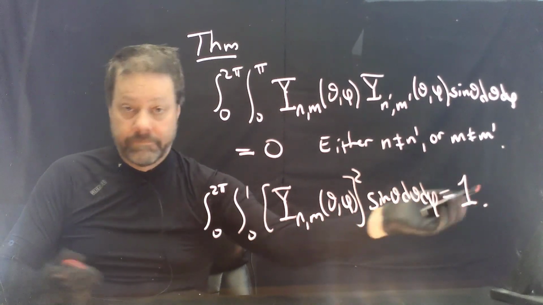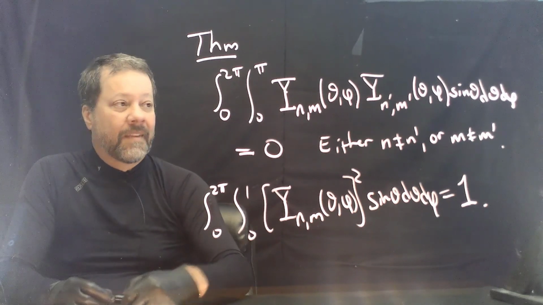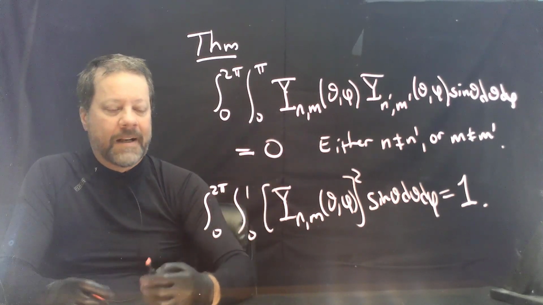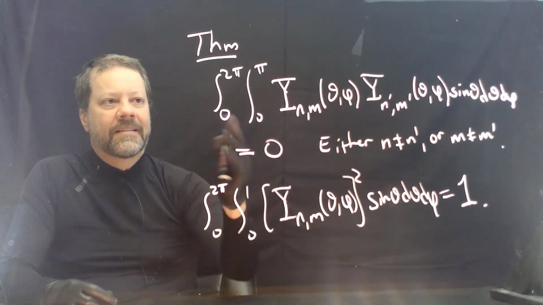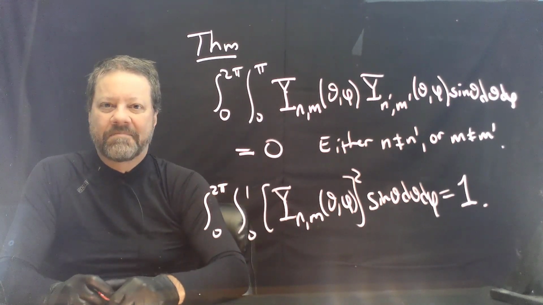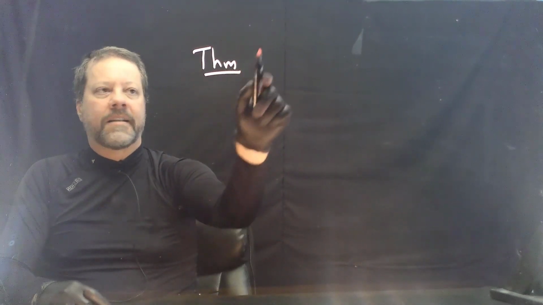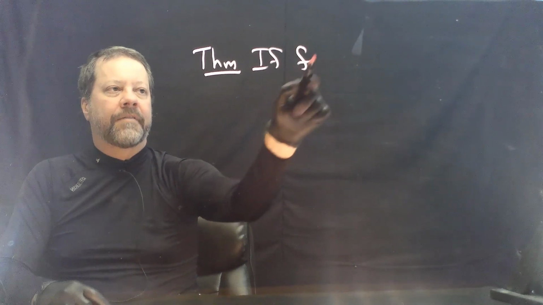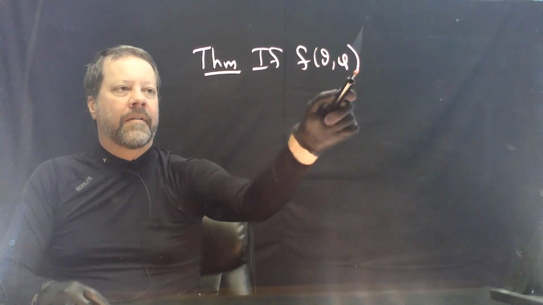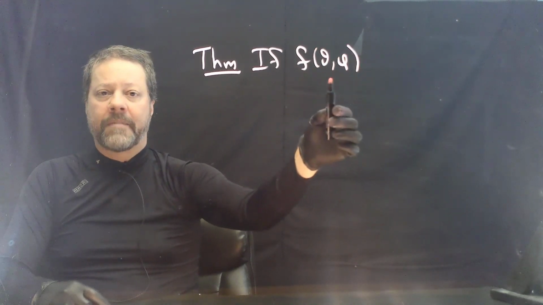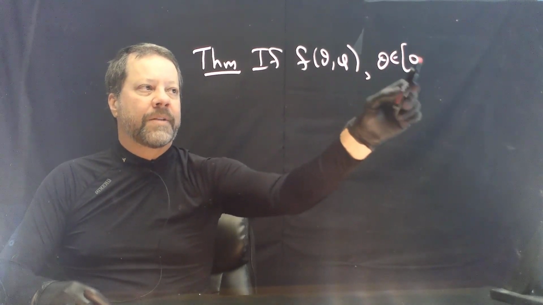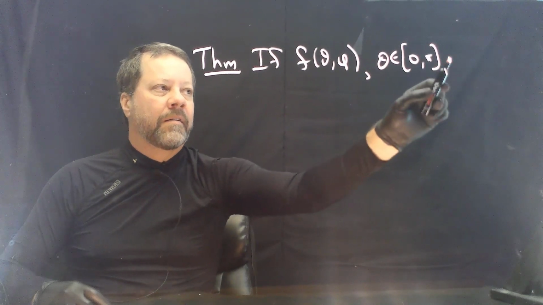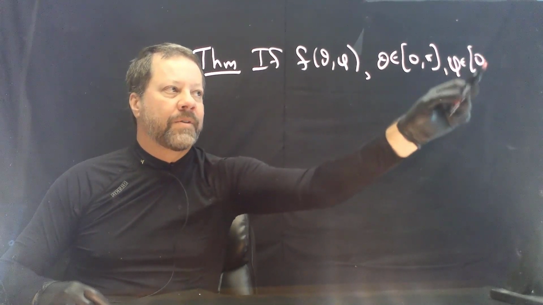And that is, you get 1. That means these spherical harmonics will, in some sense, form an orthonormal basis, at least in theta phi space. The theorem, then, is that if f, as a function of theta and phi, where, of course, we're assuming that theta goes between 0 and pi, phi goes between 0 and 2 pi,